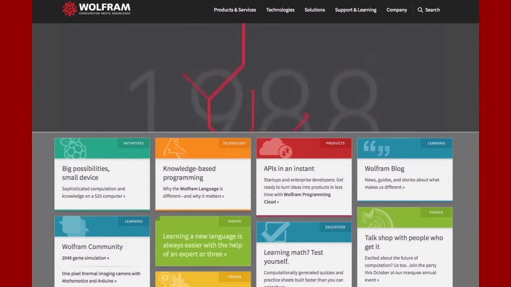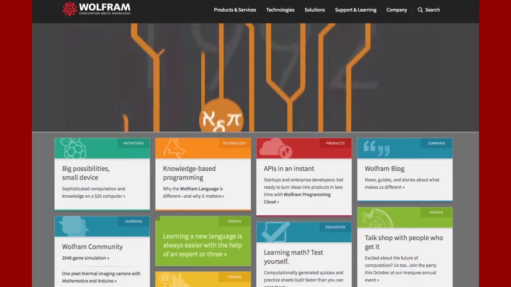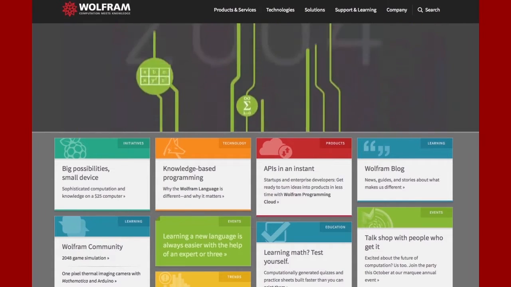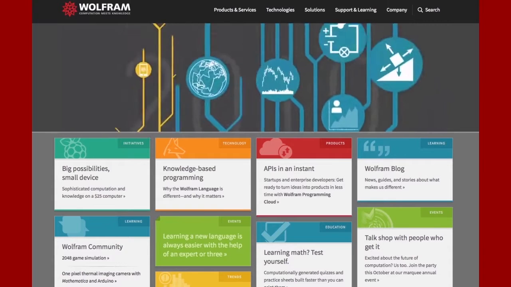Hi, I'm Chris Carlson, and I'm here to show you how to get started with Wolfram Programming Cloud, an online development environment accessible from your browser where you can write and deploy programs in the Wolfram language. I'll show you how to get online, how to use the Programming Cloud interface, and how to write and deploy programs in the cloud. To get started, go to